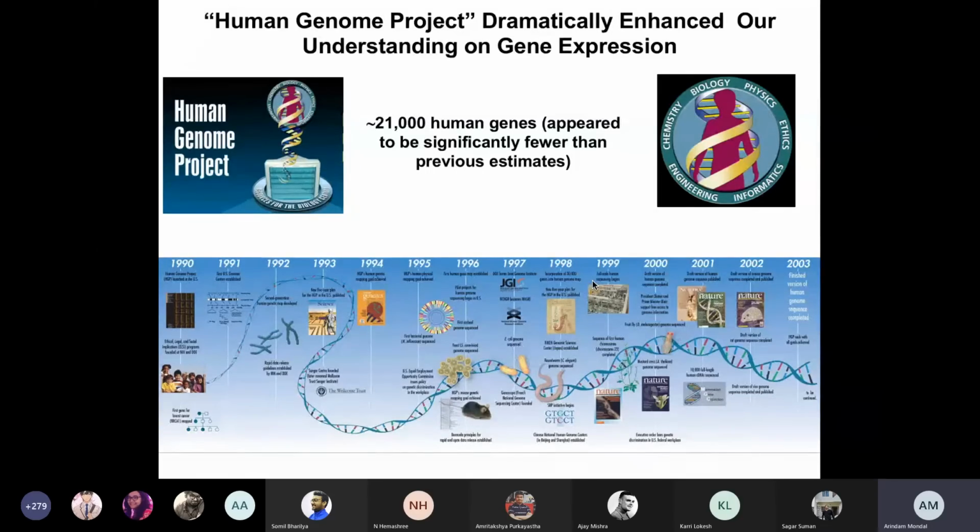And subsequently, we should be able to treat them, right? So that's why it was extremely, utterly important to understand the whole lot of information which was embedded in the human genome. About 6 different nations and around 100 different universities took part in this particular project. And by 2003, that means about 13 years, it took to unravel all the information embedded in the human genome. Okay.